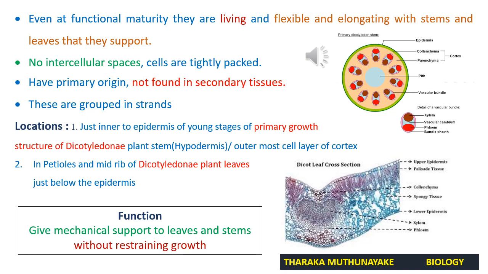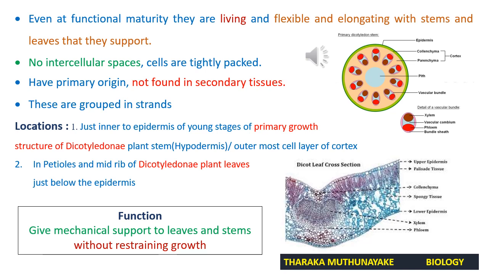In the leaf structure, the midrib continues in the petiole. Therefore, at the other side of the petiole also, as a continuation of this collenchyma in the midrib, we can find collenchyma. Here also we have to definitely say they are found only in dicotyledonous plant leaves, because monocot leaves do not possess collenchyma at this location. So underline it in your note. They should definitely be stated when you are stating the location.